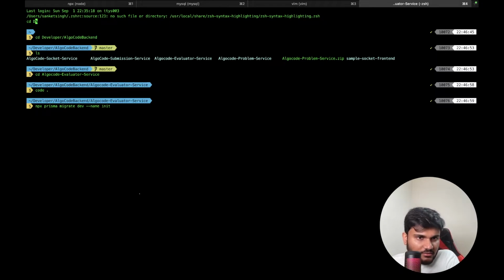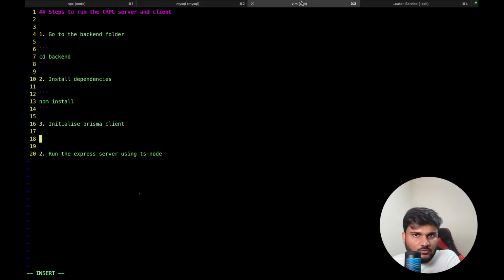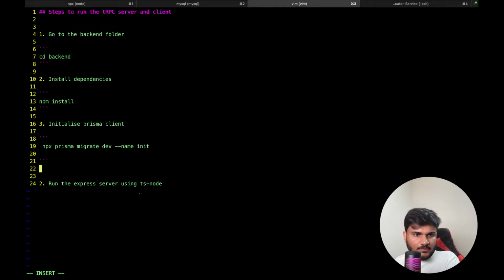Okay, so if you remember the Prisma client command, npx prisma migrate, you just execute this command and it should initiate everything for you. Okay. And then you can run the server probably. You can check if any other step you need to do for Prisma. Okay. You can say npx ts-node source/index.ts. Okay, this is how you run your backend. Then